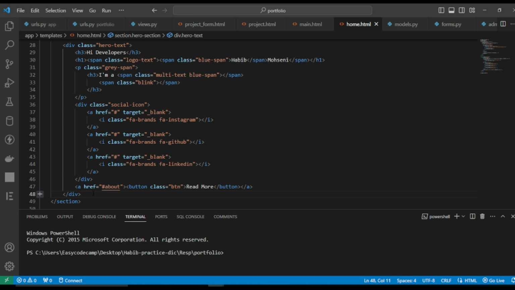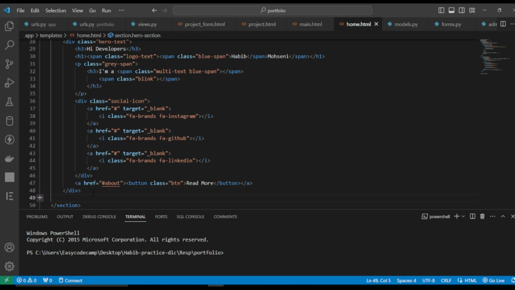So you can see, we can add this static element right now. So after adding this button with this social icon,